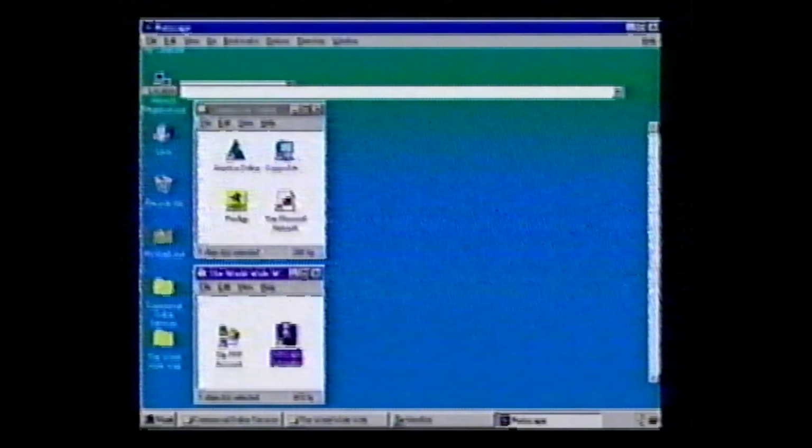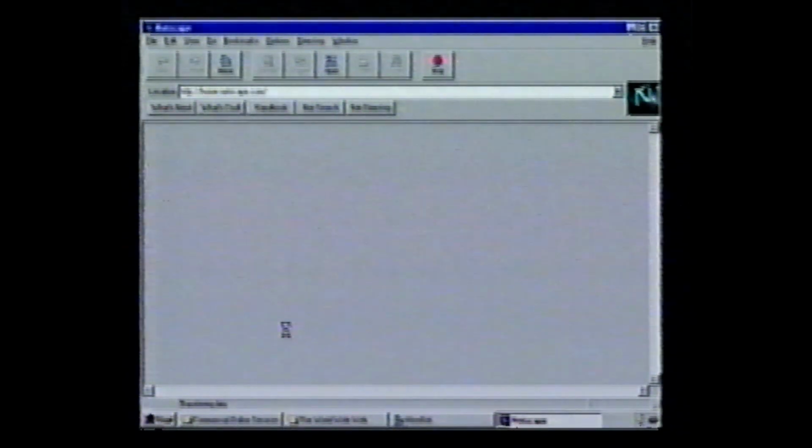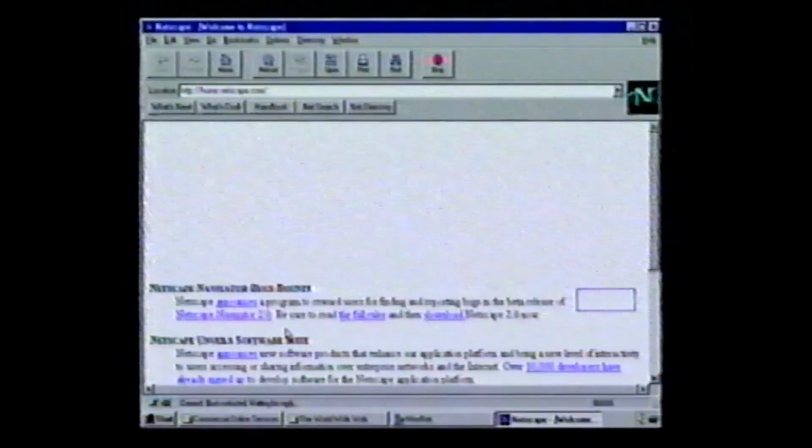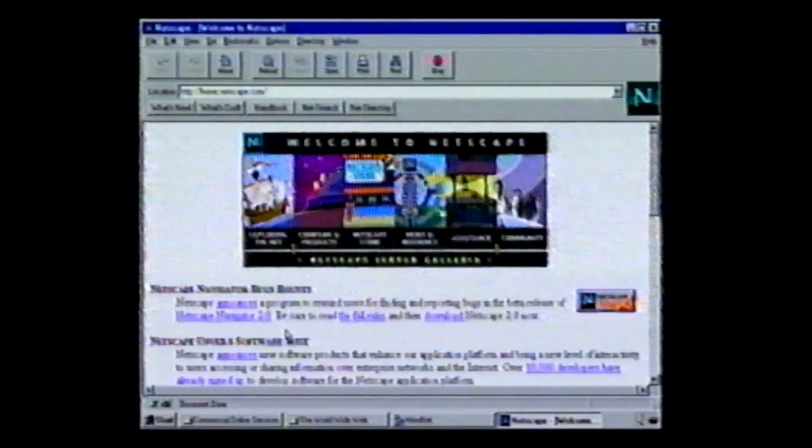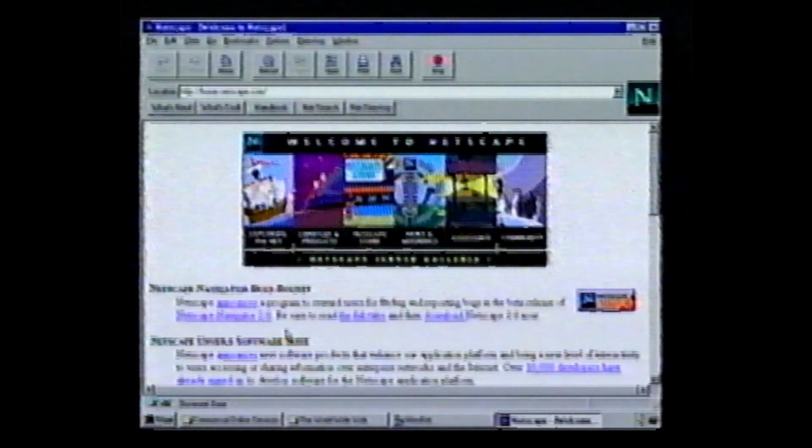Next, we need to start our web browser. We double-click on the Netscape Navigator icon. In a few moments, Netscape opens to the Netscape homepage and waits for us to begin our web session. We are now completely connected and are ready to browse the web. Before we search for and download the photograph that I am looking for, let's take a look at some common web browser features.